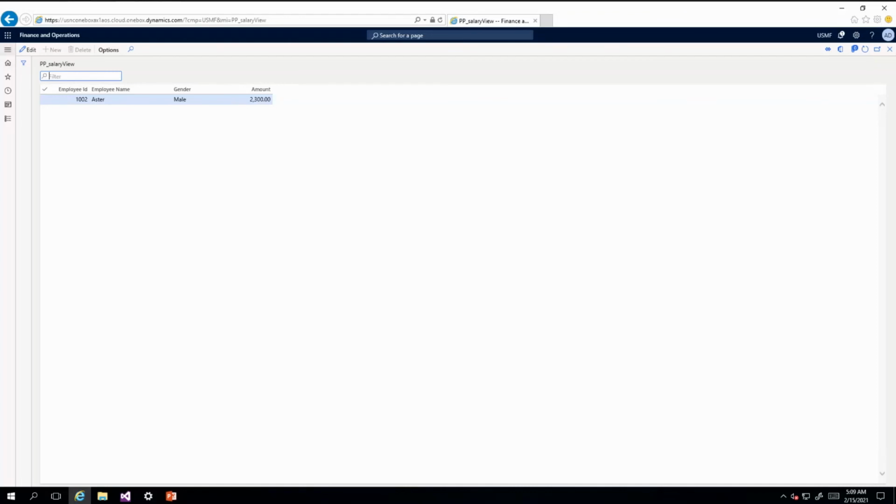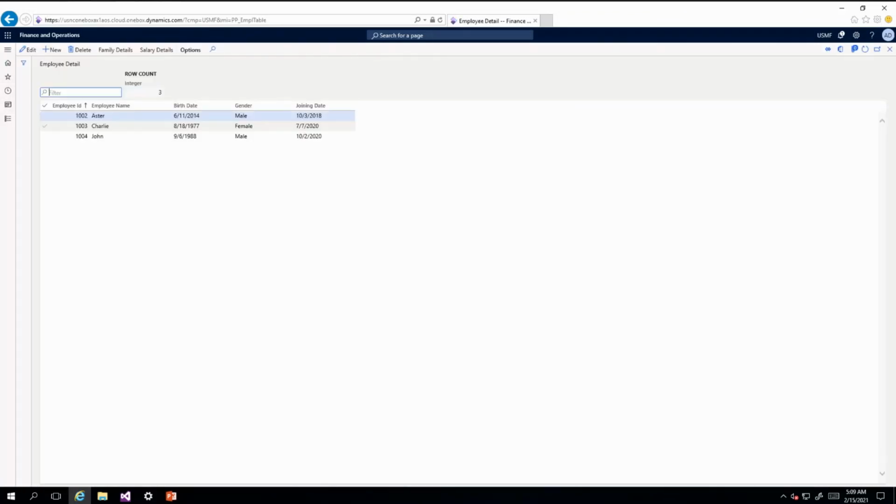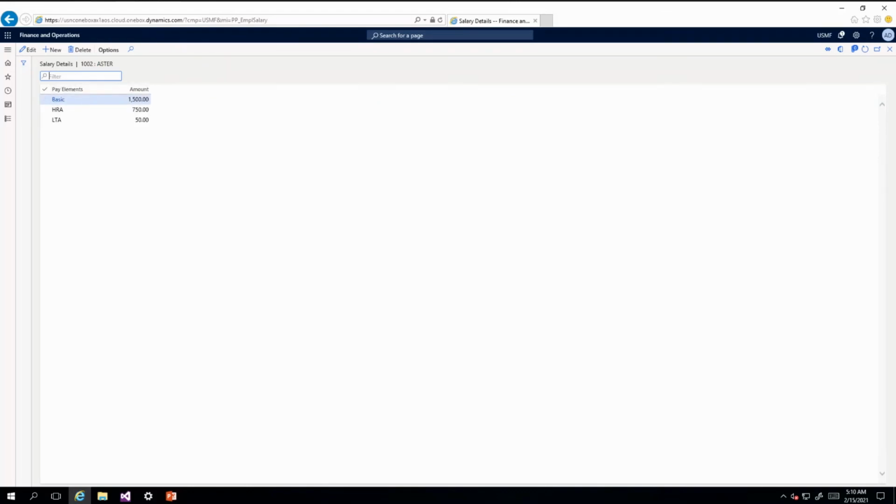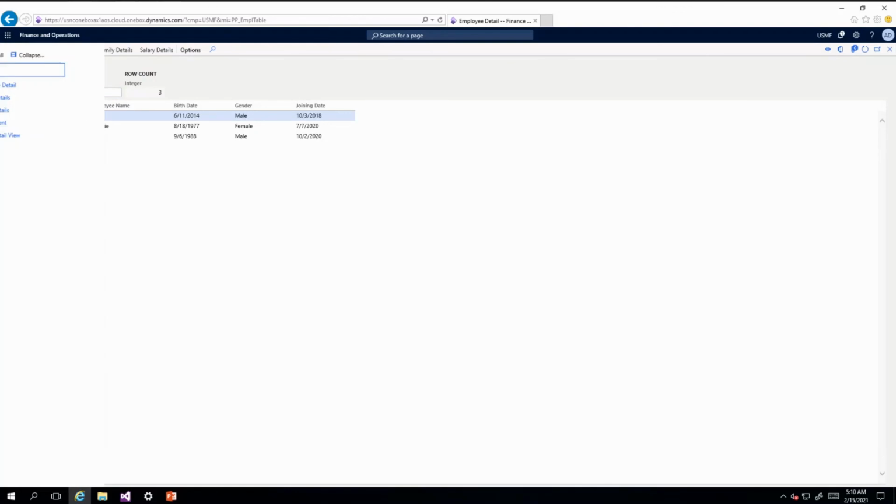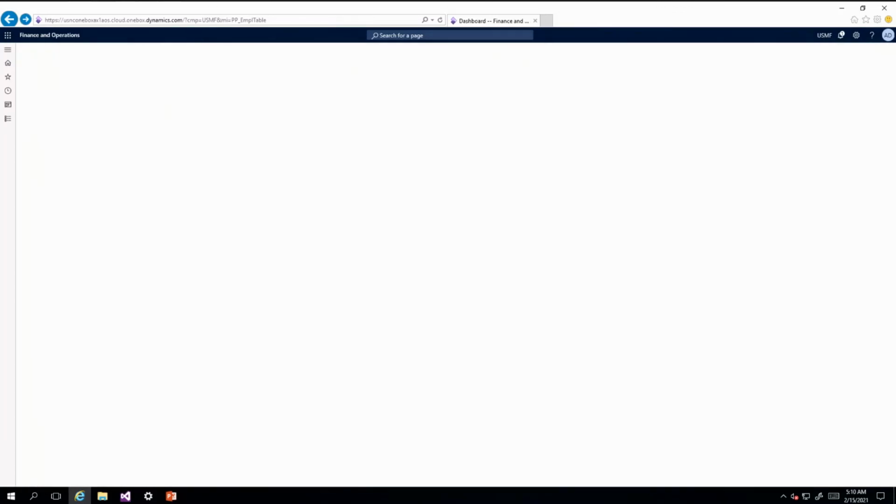So if we see in this table, let's see how many lines were there for this. So this is our EMPL table, and if I go to salary detail table, you can see there are three records. In our view, what we did, we clubbed all these three records in one. We used that aggregate function, aggregate field, sum of amount. So this field is added. Now against this is our view.